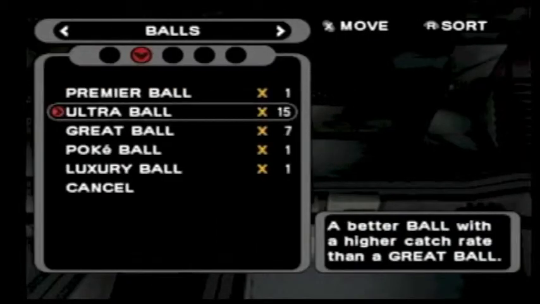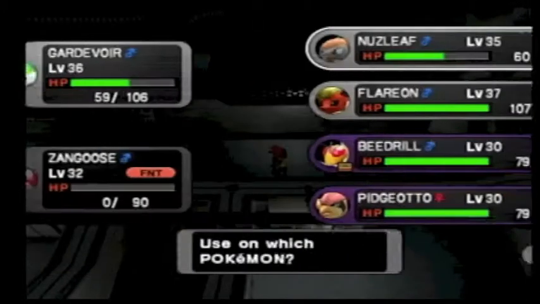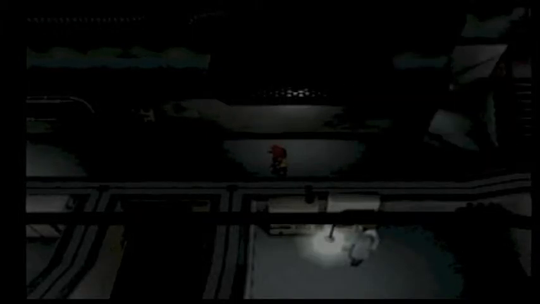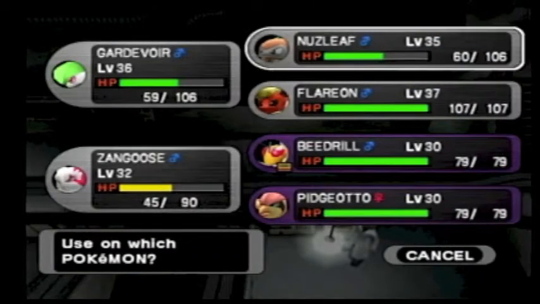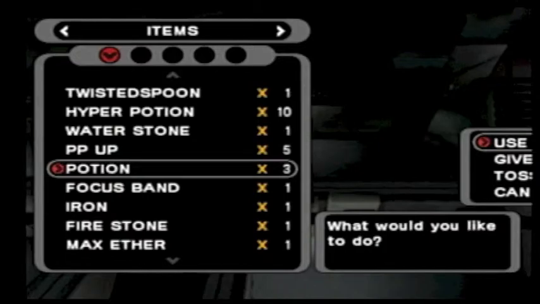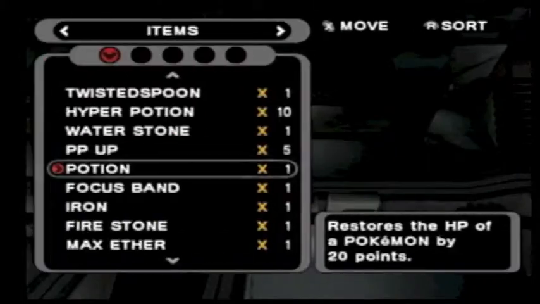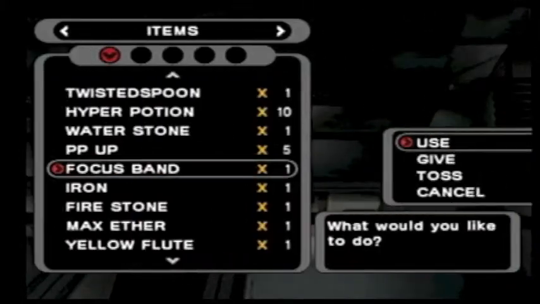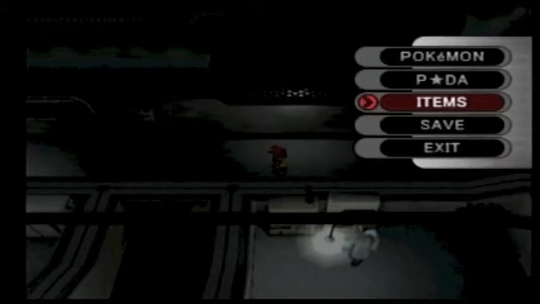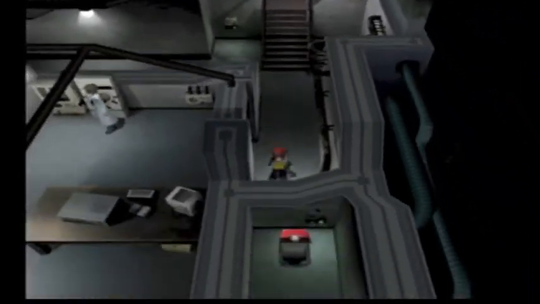Okay, but we can revive Zangoose. And I'll use... I don't want to go all the way back just for that, so... Yeah, revive... And let's do a bit of healing some more. Yep. We've got some regular potions I'd like to use up. Well, that is a focus band. And we're gonna put Nuzleaf in with Zangoose now, because Gardevoir has surpassed him. I mean, already had surpassed him in terms of power, but...